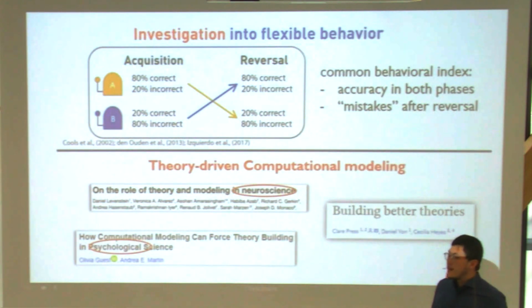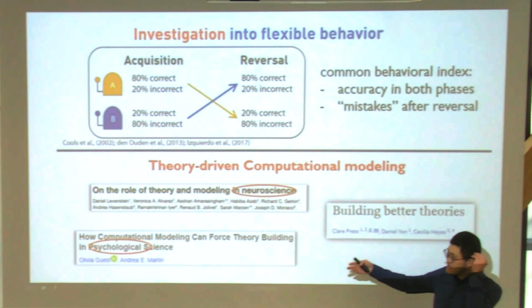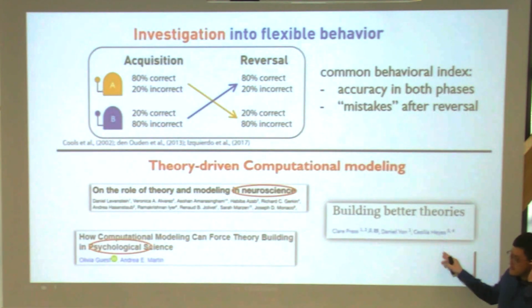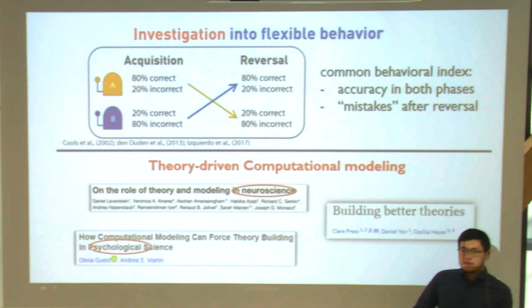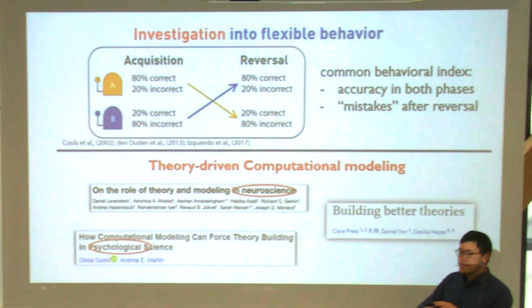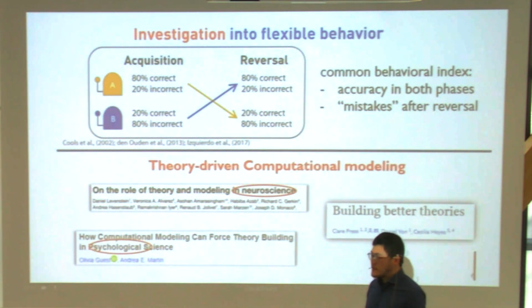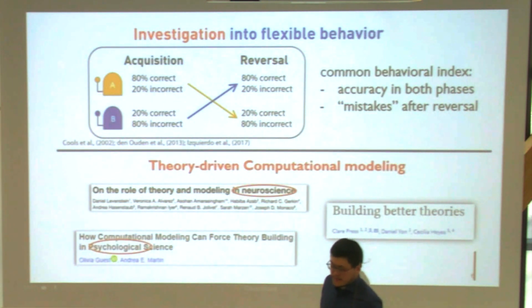In fact, the theory-driven computational modeling approach is getting increasingly popular in neuroscience and psychology, and there is a recent piece from January this year, 2 months ago, articulating the idea of using computational models to build better theories. Also related to the first talk before me, there can be a transition from verbal models, which describe things using words, to mathematical equations and formulations, so that we can test them and also verify if the model doesn't work as well as we expected.